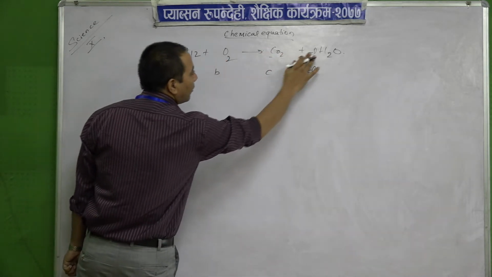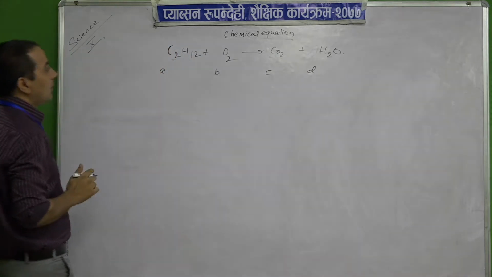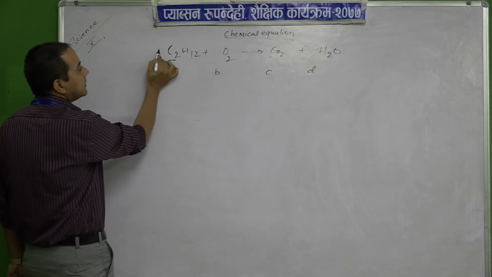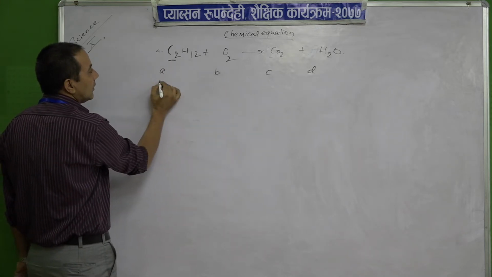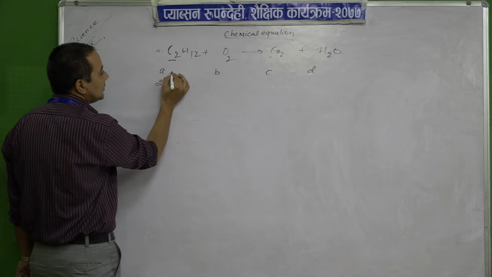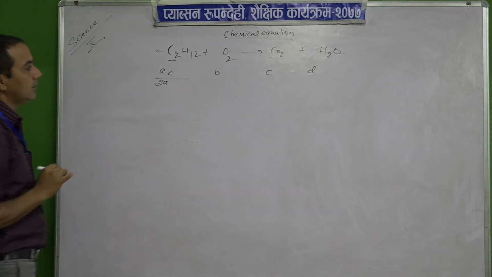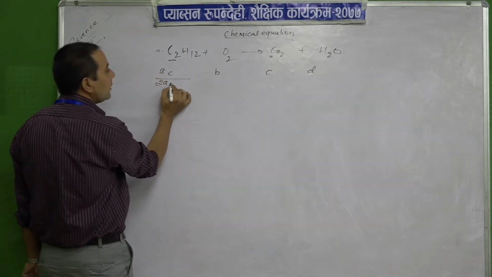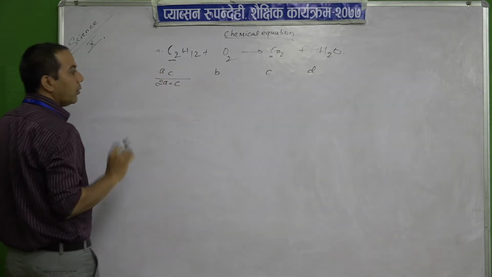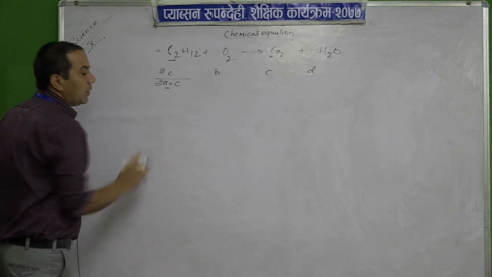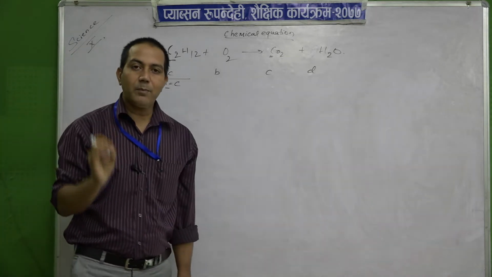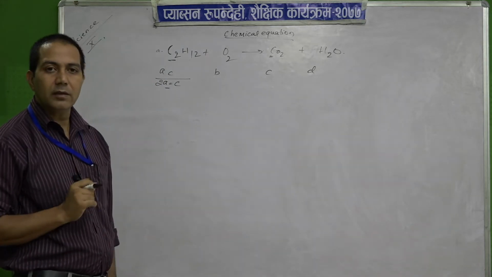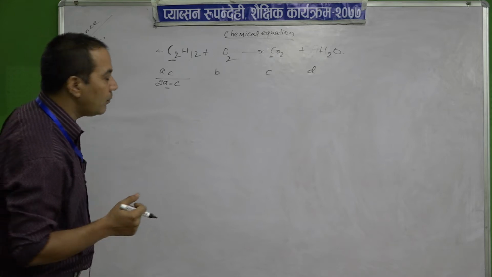Now, what do we have to do? Let us calculate the carbon. Where A is there, the carbon is C2, so it is 2A, isn't it? Whereas here the carbon is 1, so 2A equals C. Why are we writing this? Because the atoms present on the reactant side must be equal to those on the product side.